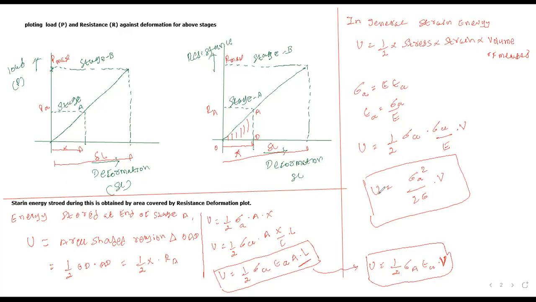Students, clear? Now don't say that only this equation is correct. You can say this equation is also for strain energy. This equation of strain energy is correct, nothing is wrong. You can use this equation also, but in that case you need to calculate strain. This is the case of the intermediate location. Now for the maximum location, what will we do? So for a maximum strain energy,